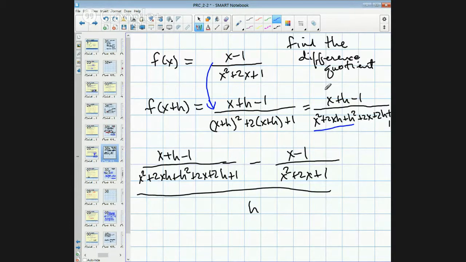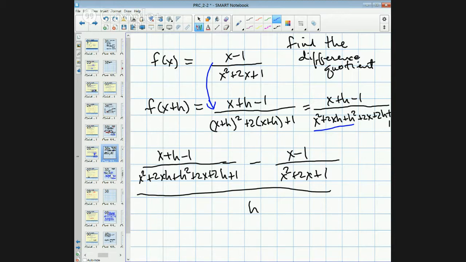Now that I know what f of x plus h is, I have to subtract the original function from that. Well, here's the original function. See it up there on top? And then I have to take all of that and divide by h. Now, this is still a mess, and I'm not going to go ahead and do it right now. But I just want you to see the mechanics. So here, a difference quotient. Wow, this would take us a while to finish up. I mean, it's algebra we've learned how to do, but look at to get a common denominator here, kind of ugly. Okay,